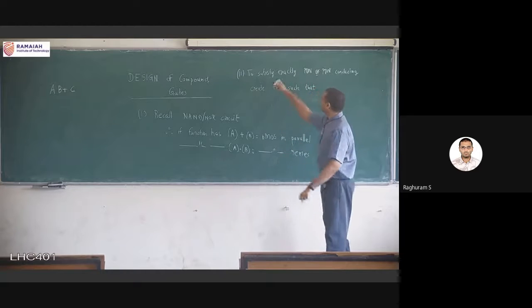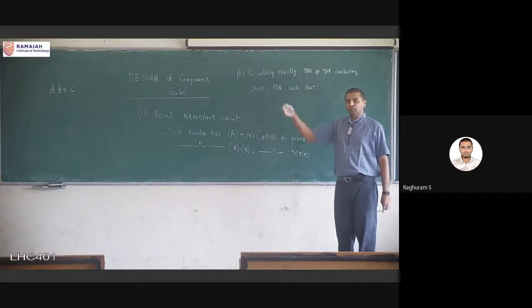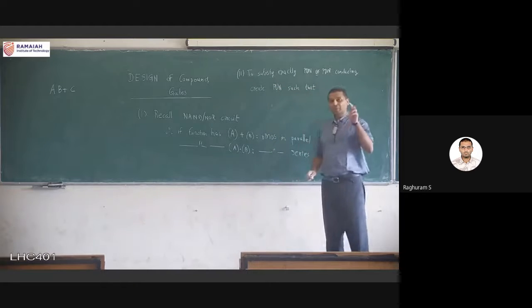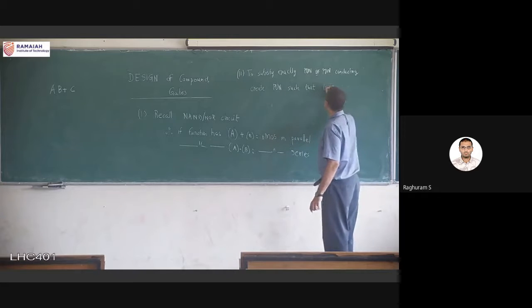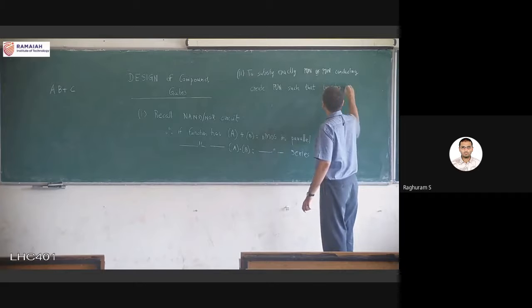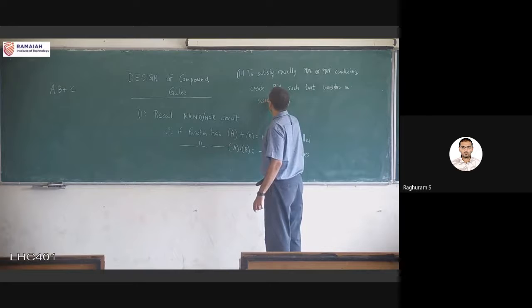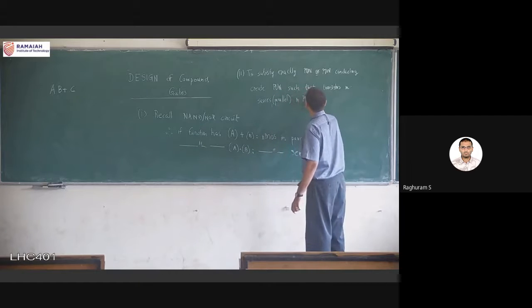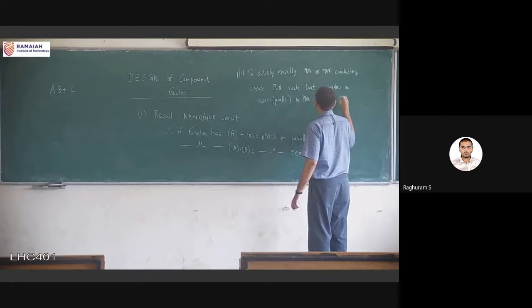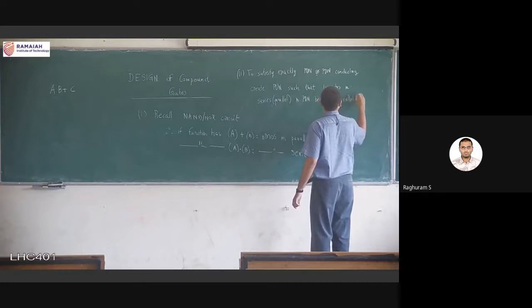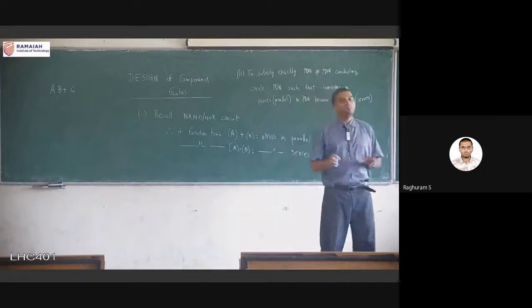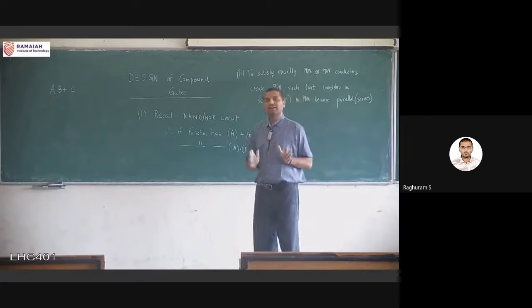To satisfy rule number 4, which is exactly one of pull-up network or pull-down network conducting, create the pull-up network such that, this is the simple rule you have to follow so that we will never have the bad voltage levels. VDD by 2 we never want. How can we guarantee that? Just see the